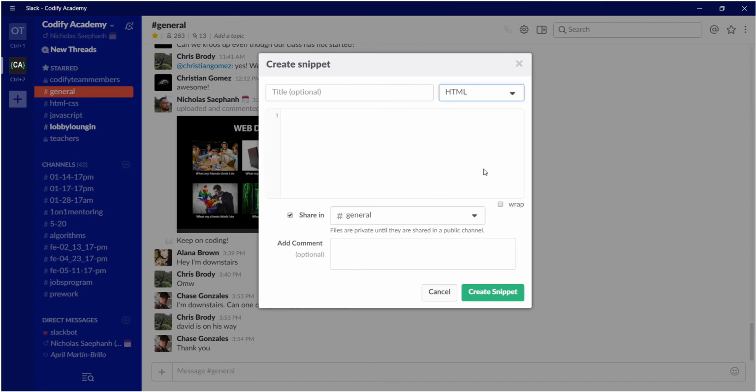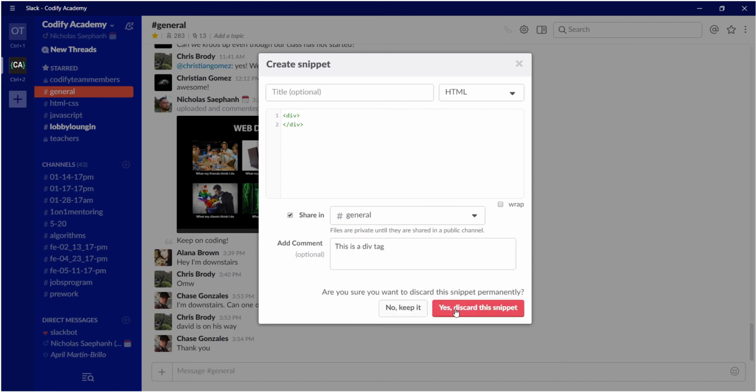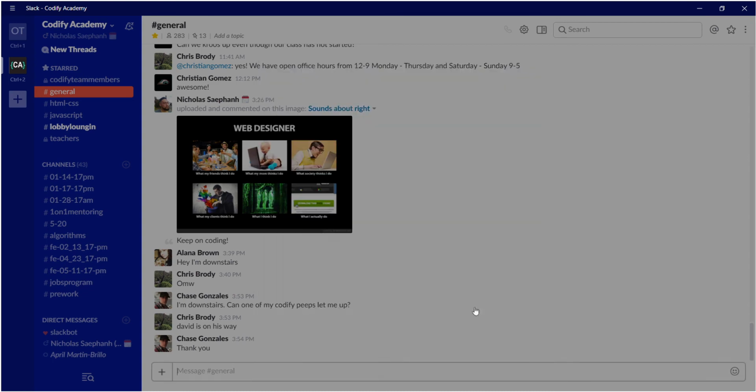So I'm going to leave it on HTML, and in here I could actually write HTML. And it will format it for me, which is great. And then I could also add a comment at the bottom, and I could choose to share that snippet with the channel, or you could do this in direct messages as well. And I'm just going to get rid of it.